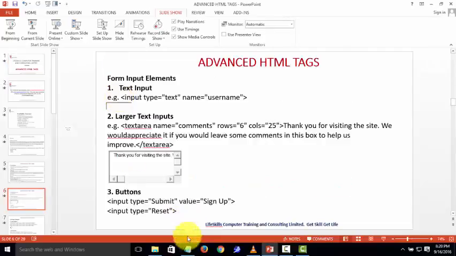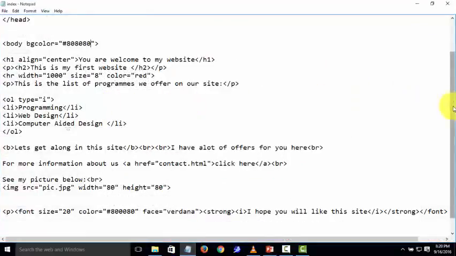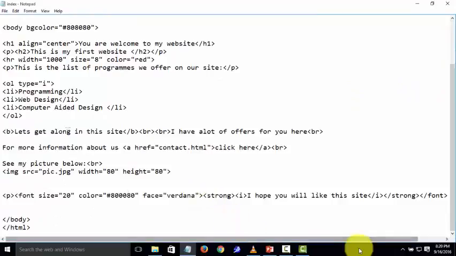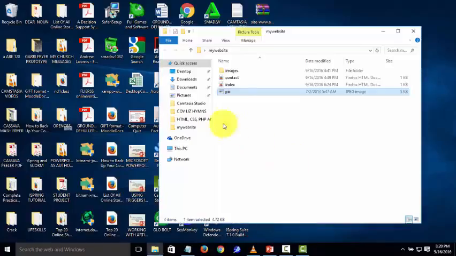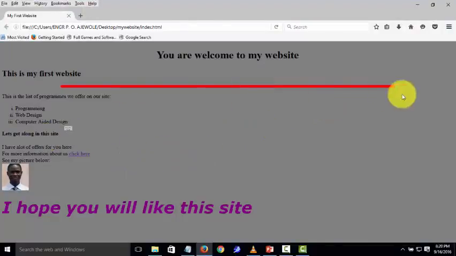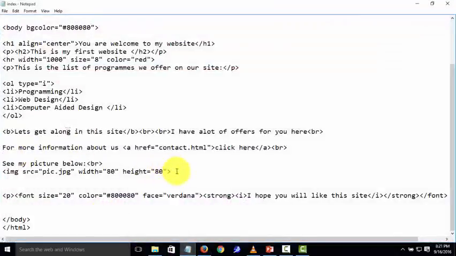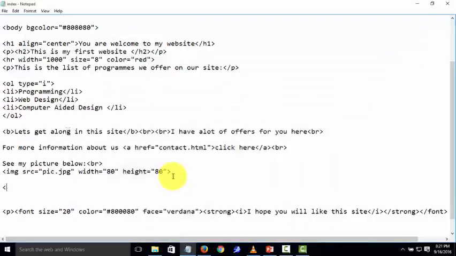Now, I want us to get practical. Let's go to our site. If you remember, this is the site we'll be working on. If I go to my folder on the desktop and I launch this, I remember we created two pages, index and contact. If I launch this index, this is how our site looks from the last topic. Okay, now I would like us to do something on this page. Let's put this after this picture, let me see. Okay, after this picture, let's put